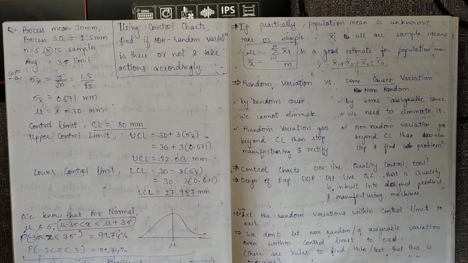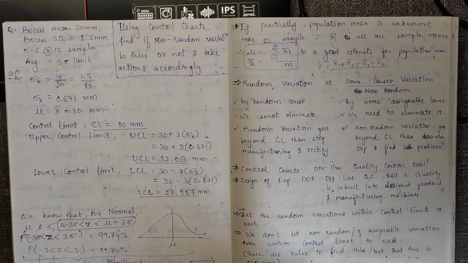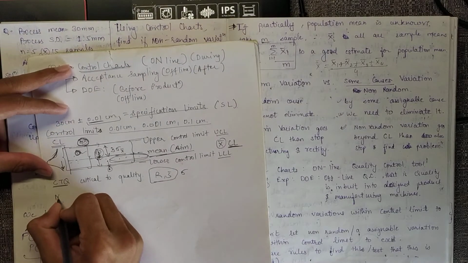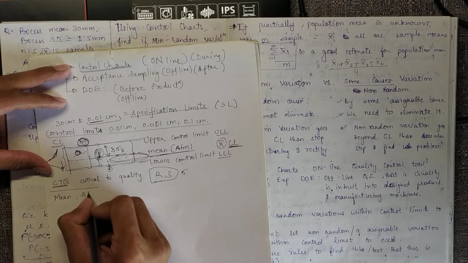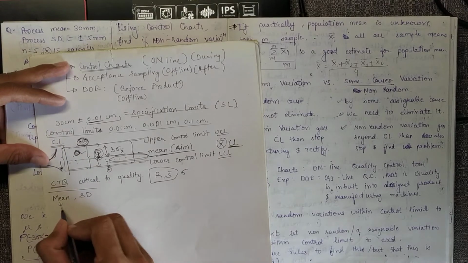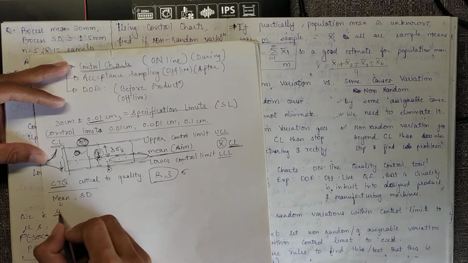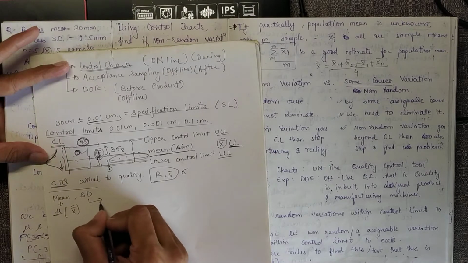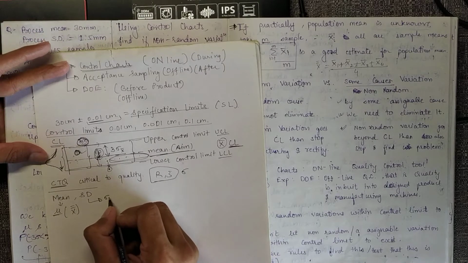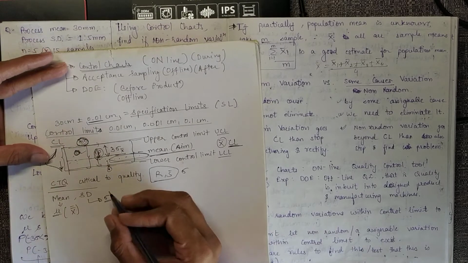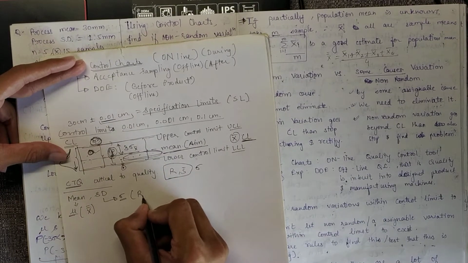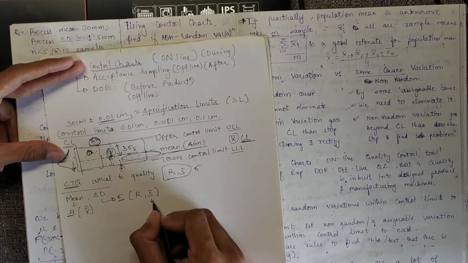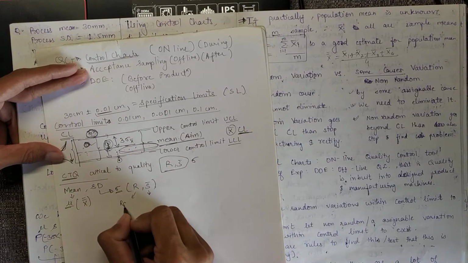So now talking about the types of control charts. We make control charts for the mean of our data and the standard deviation of our data. The mean is represented by mu, which is known otherwise for the process, and for a sample we use x double bar. For standard deviation, which is sigma, to estimate it we use the R chart and S bar chart.